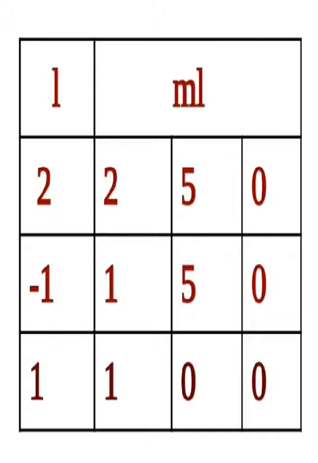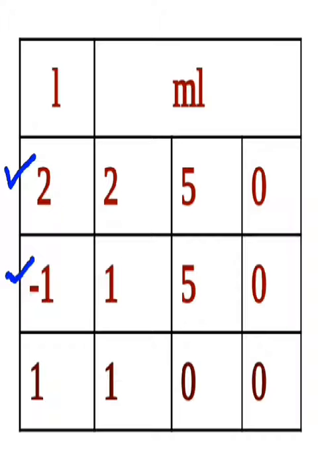So in order to subtract, first we will write the total quantity of the juice, that is 2 liter 250 milliliters. And below that we will write the quantity of juice that Mohit drank, that is 1 liter 150 milliliters. Now, as the numbers are arranged in their proper columns, now let us subtract them. So we will start from milliliters column.